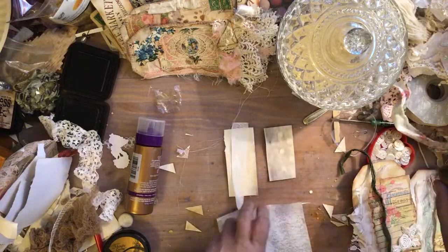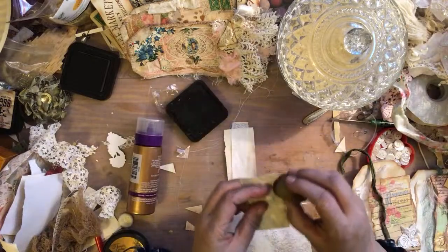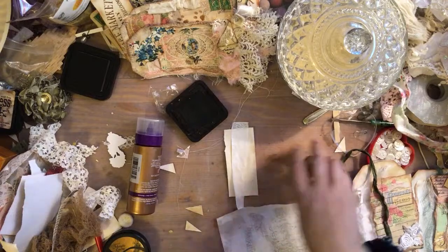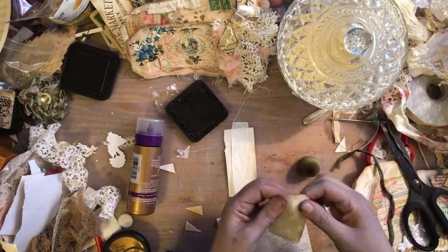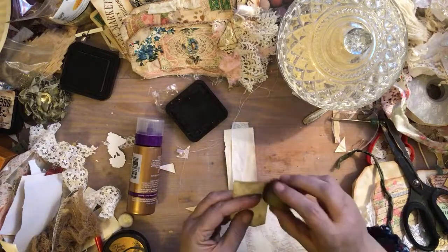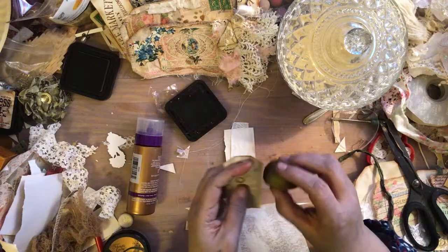Okay, let me get my ink and stuff, because grunge is all about inking. So that's just how it goes. You just got to deal with it. The inking part, if it's too boring, it's too bad. You just got to slow down and enjoy the inking part. I know it stinks to watch, but